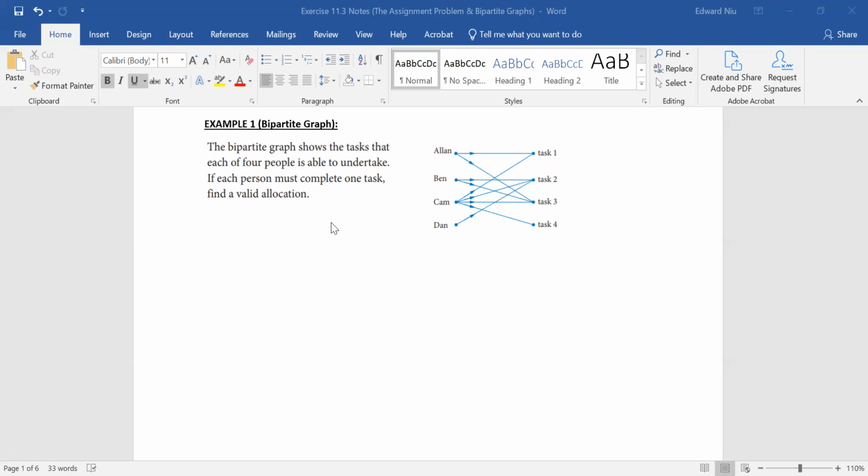So what we need to do is check out which way the arrows are going. For example, Alan here can do tasks 1 and 3. Notice how there's only 2 degrees off Alan's vertex. Ben here can do task 2 and task 3. Cam can do all 4, jack of all trades, but Dan can only do 1, and that's task 2. So if we were to just keep the order the same, you don't necessarily have to, but